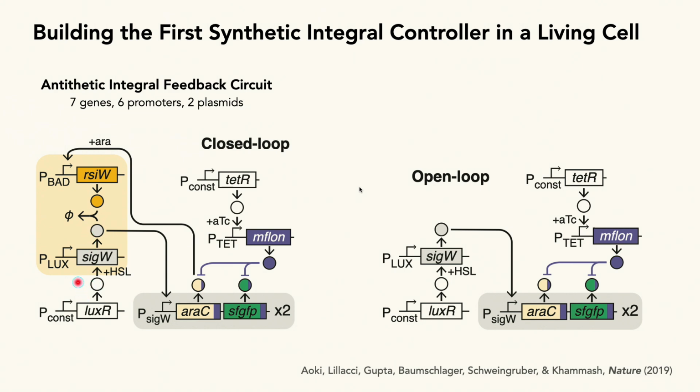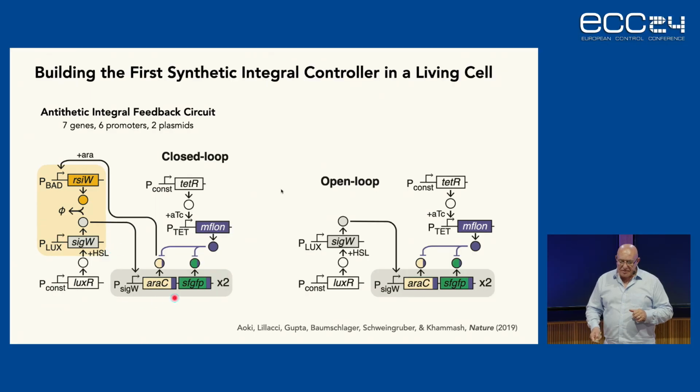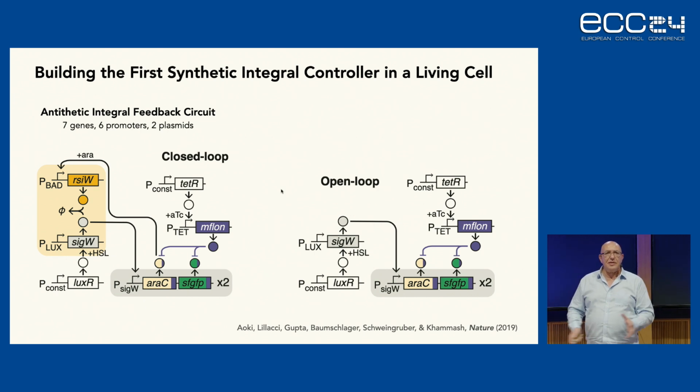SIGW is produced at a constant rate. So this rate here is mu. This rate here is theta. You can adjust mu and theta by introducing chemical inducers to the solution. And so you can adjust the set point that way. And now SIGW completes the feedback loop by activating the production of RSC. So this is the simplest circuit we could think of that implements this